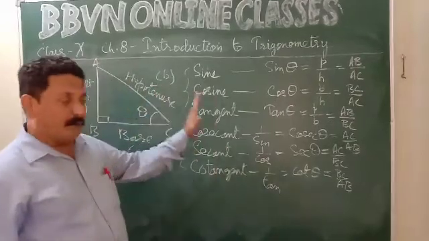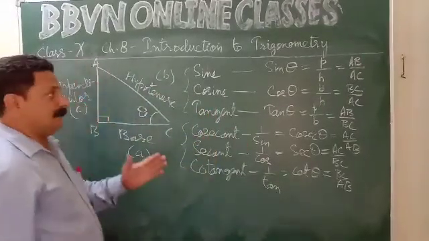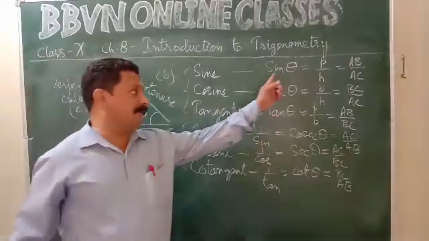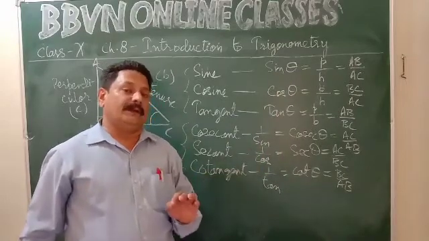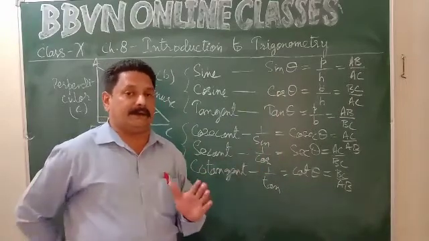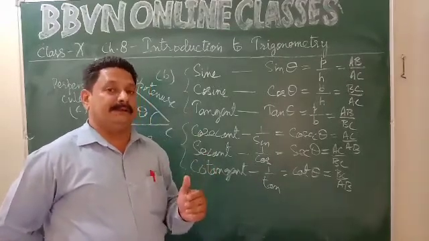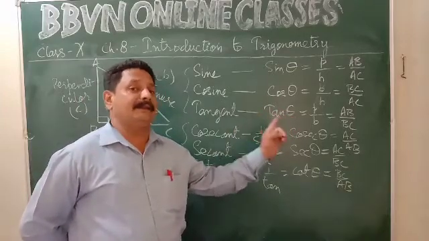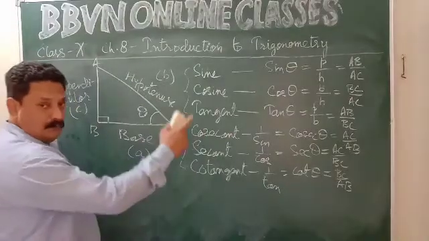I hope you got the basic idea. Now we'll continue ahead. There are certain important aspects. See, I am saying once again, all these are trigonometric ratios. I hope you understand what a ratio is. A ratio between any two quantities, right? So here we are taking the ratios of the lengths of the sides of this triangle. Got it? Hope you have noted.